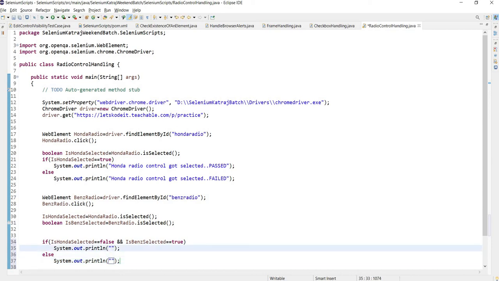I'll say after clicking on Benz radio button got selected and Honda radio button got deselected.